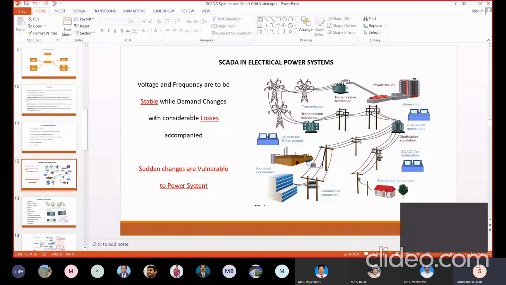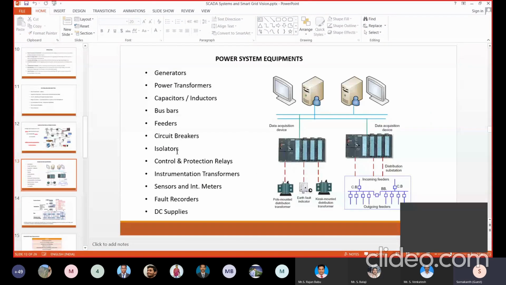The generators, power transformers, capacitors, inductors, bus bars, feeders, circuit breakers, isolators. These are the devices which should be monitored, controlled, and mainly protected from overcurrents, short circuits, or whatever faults, and too many other issues, power quality issues will be there. So we have to protect all these equipments with the following